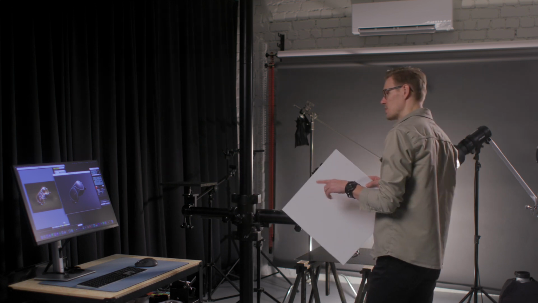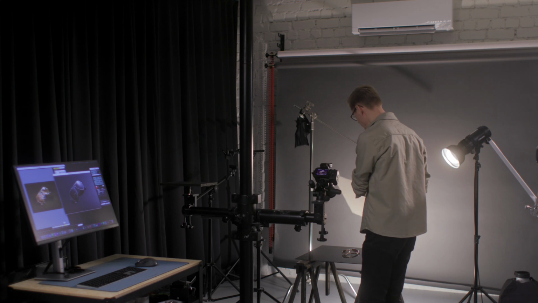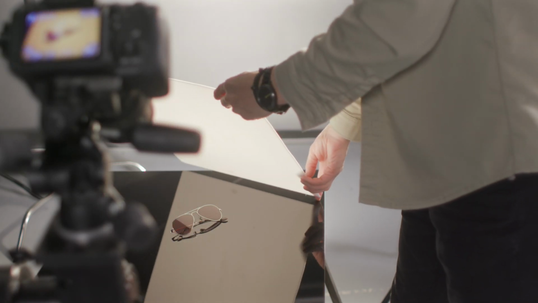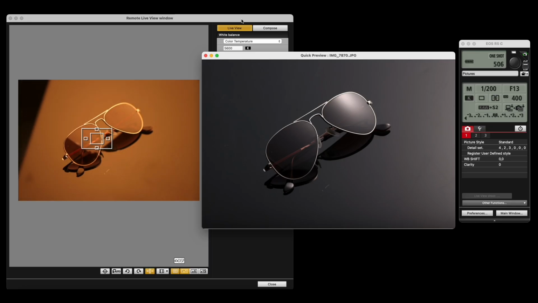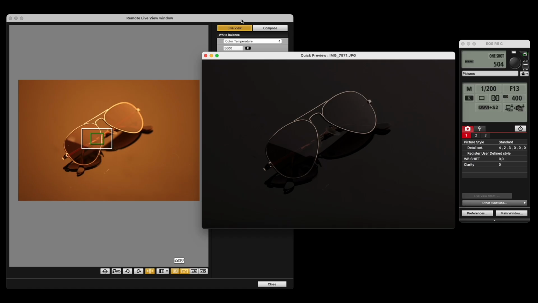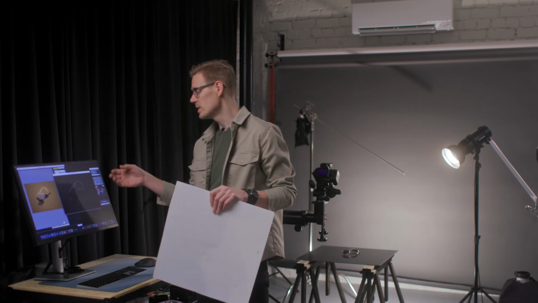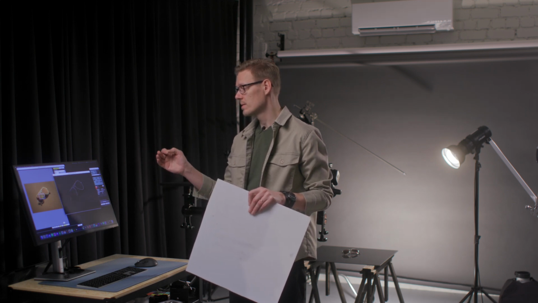But for testing purpose, I think we can manage. So let's see if we place it somewhere in here, and let's go all over the product. No, it's too small. I can't cover it fully, but at least I can cover most of the glasses. So as you can see from this image, as this material is thicker, it will take down some of the power that is coming from the light. So in this case, we would need to turn up the power for the light, and we get a nice